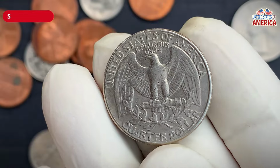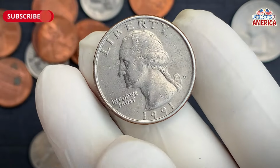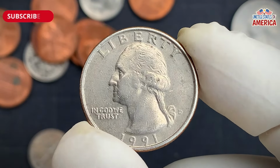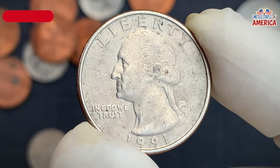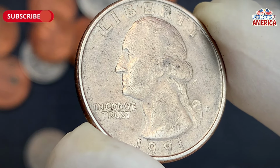These aren't just minor imperfections, they're like fingerprints of history, each one unique and incredibly valuable. The most dramatic double die errors from 1991 have sold for tens of thousands of dollars at auction, but that's just the beginning. Some 1991 quarters exhibit what experts call off-center strikes, where the design isn't properly centered on the